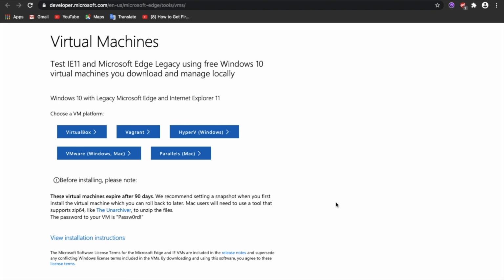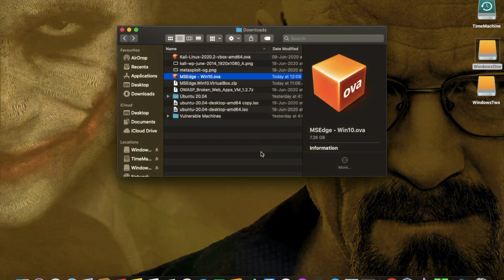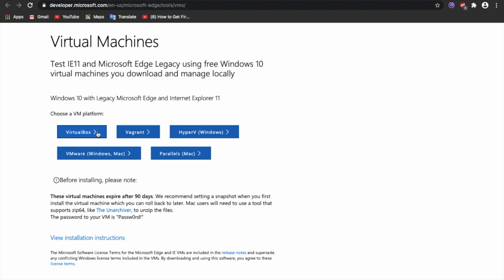They have provided multiple OVA files, multiple machines on the basis of different virtualization platforms, like you can see VirtualBox, Vagrant, Hyper-V, VMware. Since we are going to install on VirtualBox, you have to click on VirtualBox.